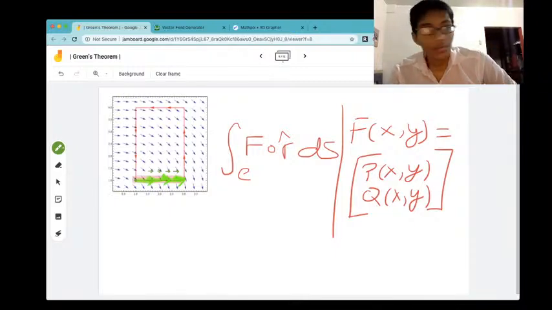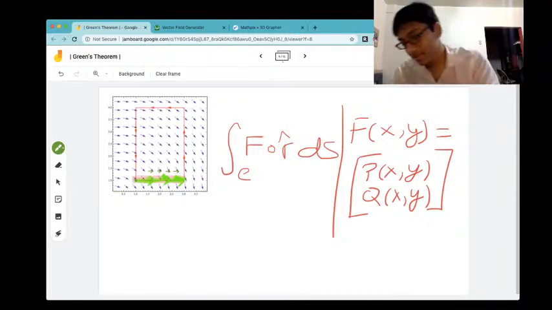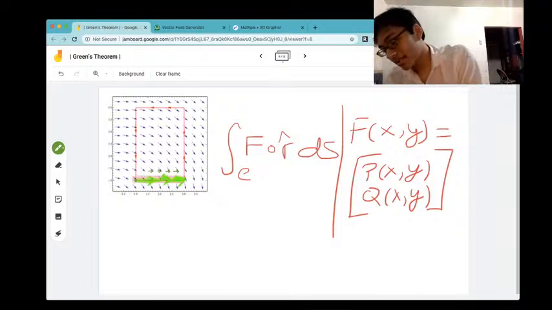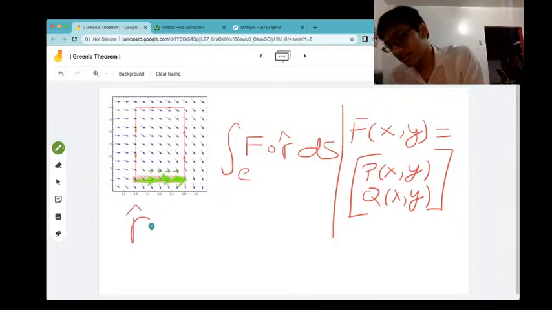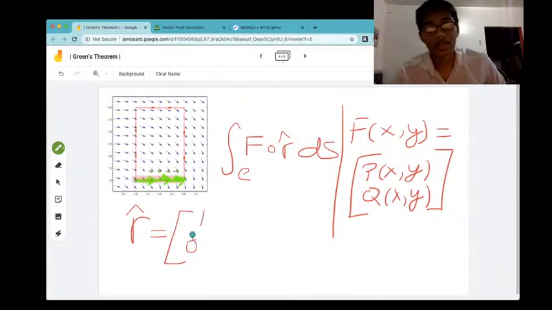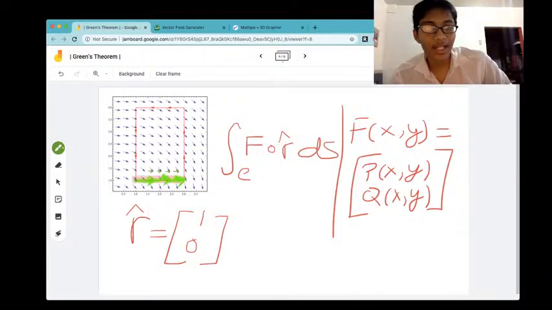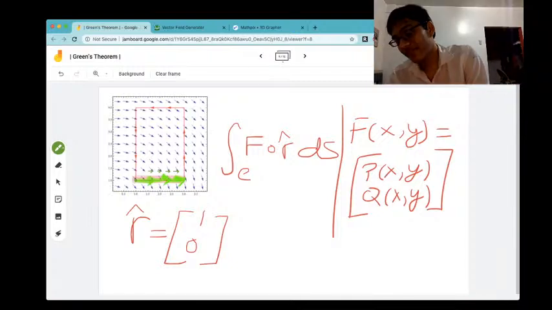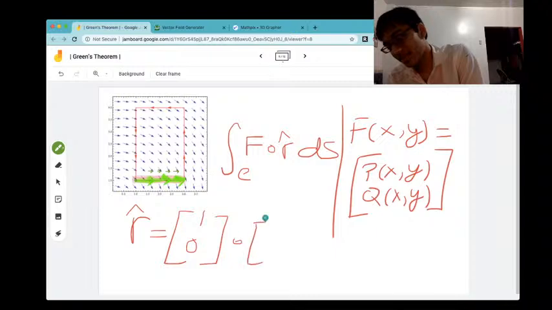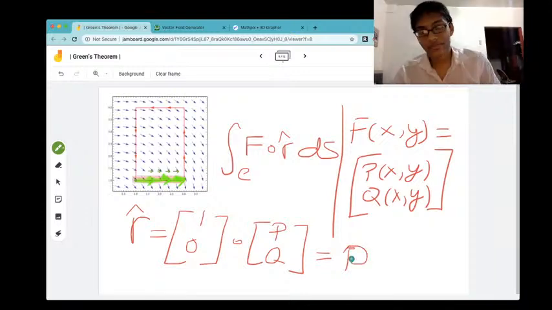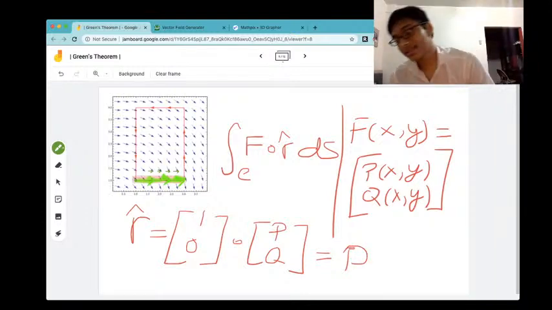Okay, with that out of the way, let's actually compute the line integral. How do we compute that line integral? Well, it's going to be quite simple. We know that our unit tangent vector is simply going to be (1, 0). They're all just going to be unit i-hats, if you will. So if I do F dot r-hat, what am I going to get? If I dot this with P and Q, all I'm going to get is P. So what's the moral of the story? F dot r-hat ds is just going to equal,